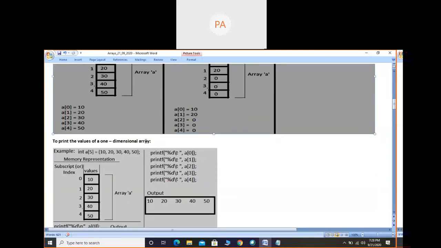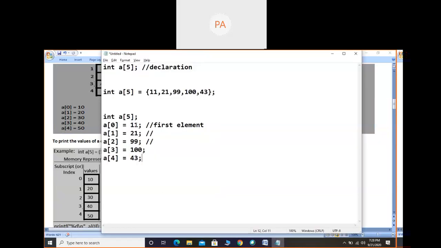See, to print the values of a one dimensional array. If you want, instead of a screenshot, you can quickly just write it.